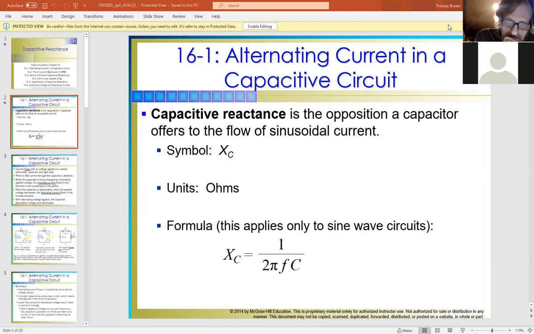So the measurable unit in farads, the actual capacitor rating. What we would do is go through our formula and literally type this out. It would be 2 times pi times whatever frequency, let's say a typical 60 hertz in this case, and then the unit of capacitance that we have, and then inverting that, and that would give us our X of C, or reactive value